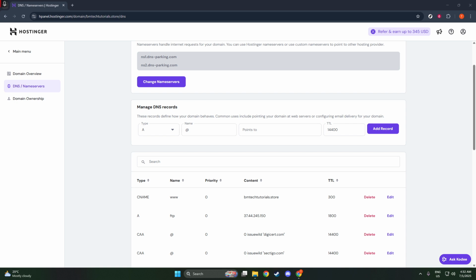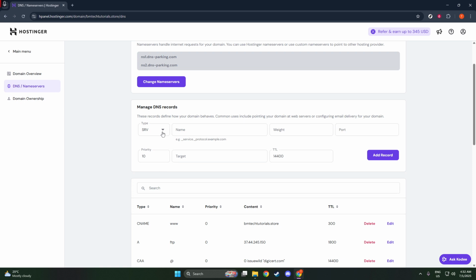Once you've accessed the DNS records through either of these paths, it's time to add a new DNS record. Look for a button that says Add Record. It might be labeled slightly differently, but it will be something along those lines. Click on it, and you'll see a list of types of records you can choose from. This includes options like A, CNAME, MX, TXT, AAAA, SRV, CAA, and a few others. Choose the type of record that suits your needs.